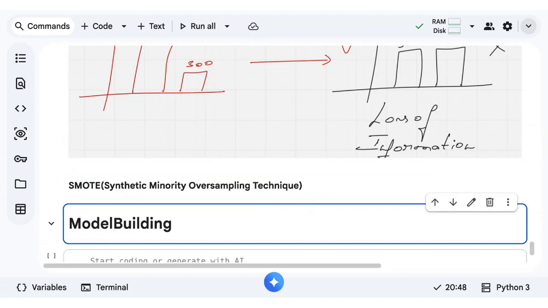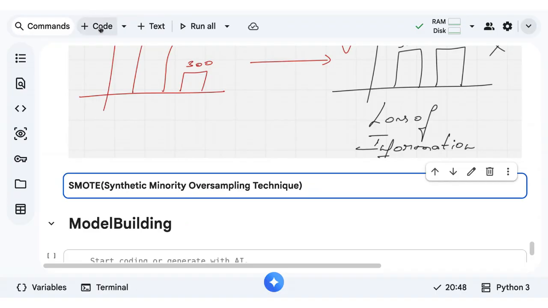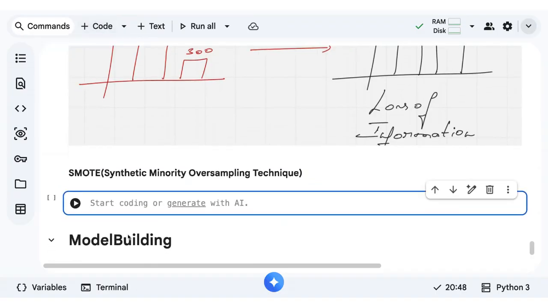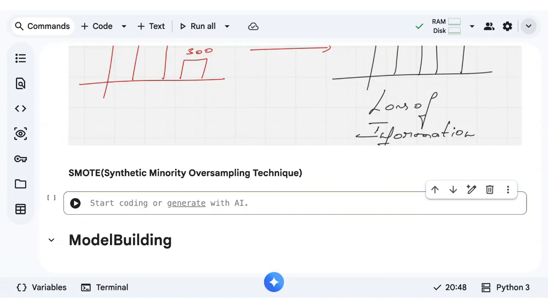Okay, it will increase, but let me tell you the definition. SMOTE stands for Synthetic Minority Oversampling Technique. Basically, it is used to handle imbalanced data. Instead of duplicating minority samples, SMOTE creates synthetic new samples.